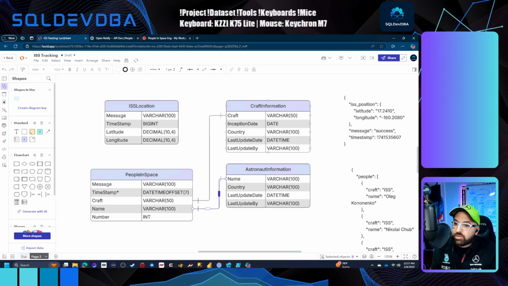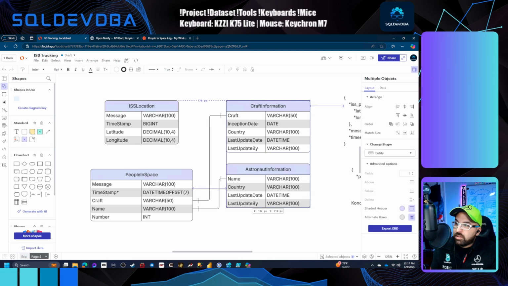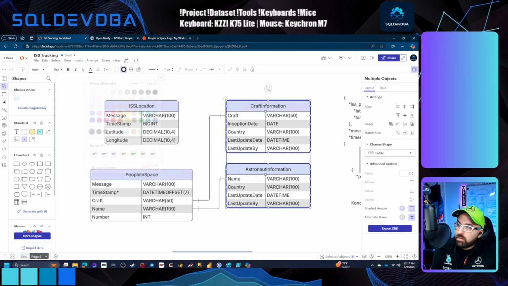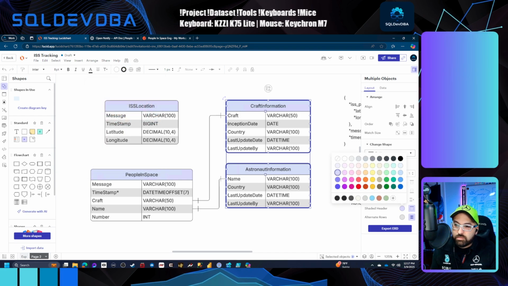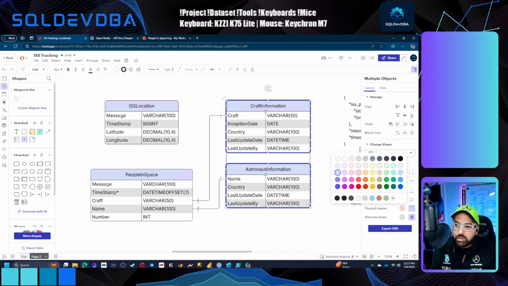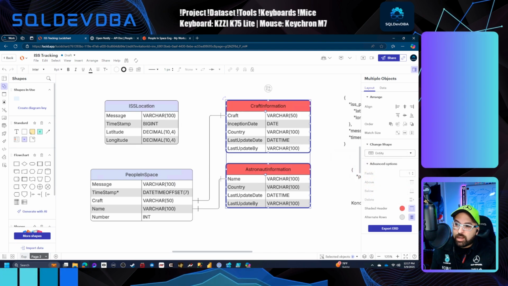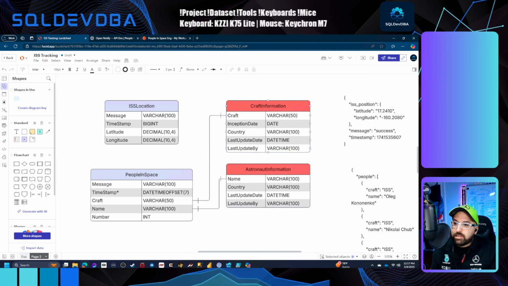When you make this relationship, let's give these a different color, right? How do you do that? I forgot. I think it's over here. There we go. Shaded header. We can do a red, like that, because these tables are